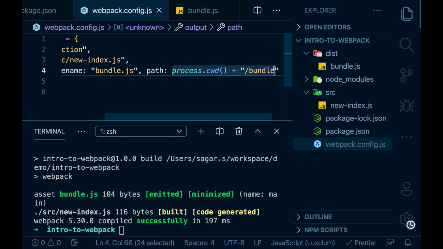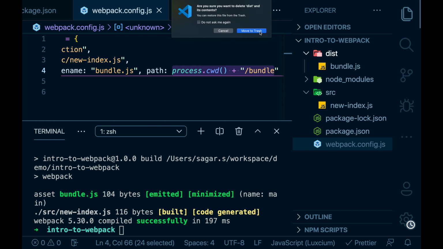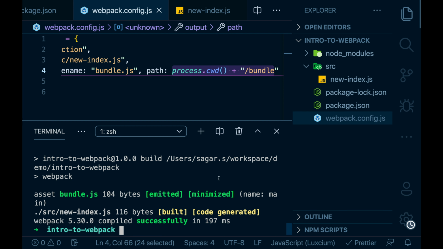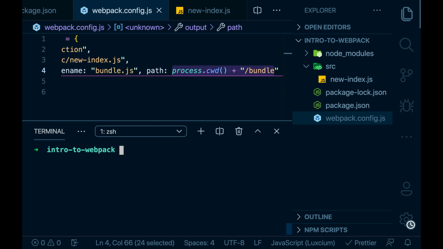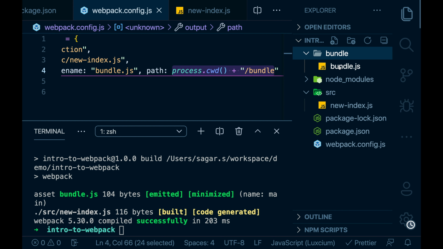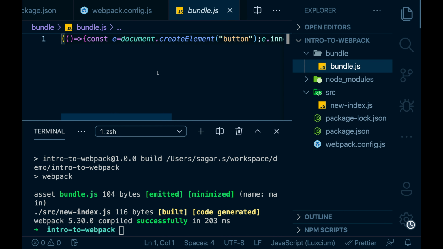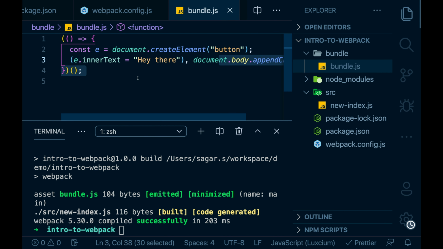This will create new folder named bundle and emit our bundle.js file there. Let's rerun the build command in our terminal. Our output folder is named as bundle now.